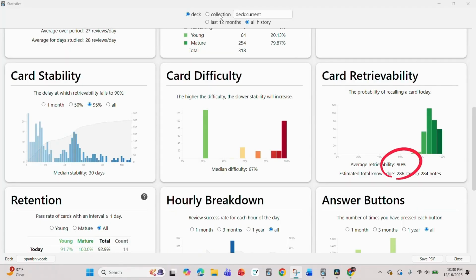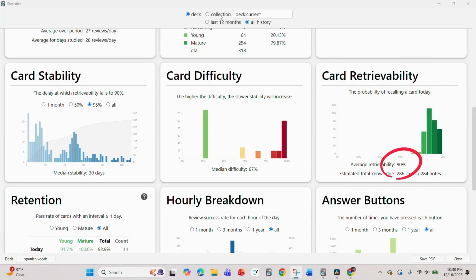It's supposed to review a card right as soon as you're about to forget it, so that it stores it in your long-term memory. So when you review it again, that retrievability percentage is going to go up. Again, this is another algorithmic thing that Anki is going to track by itself, so there's no need to worry about this. However, I do like to look at my average retrievability just to see how well I am prepared